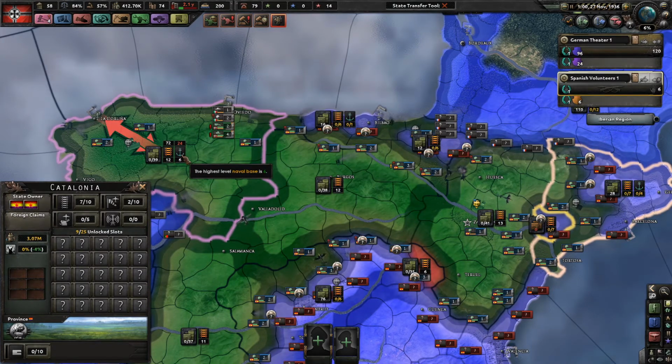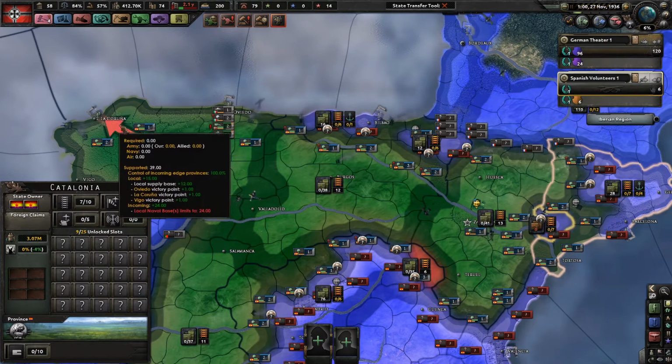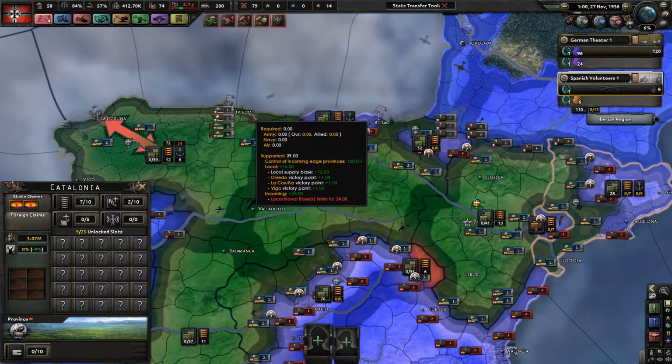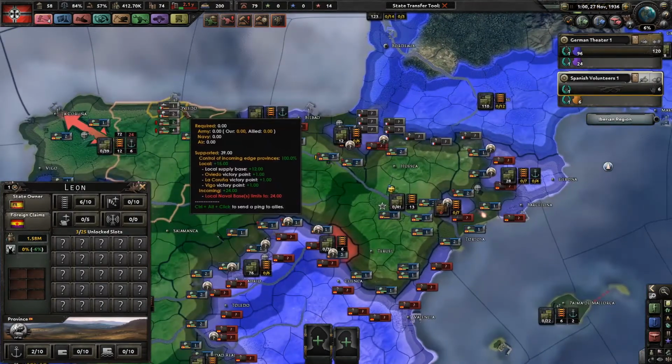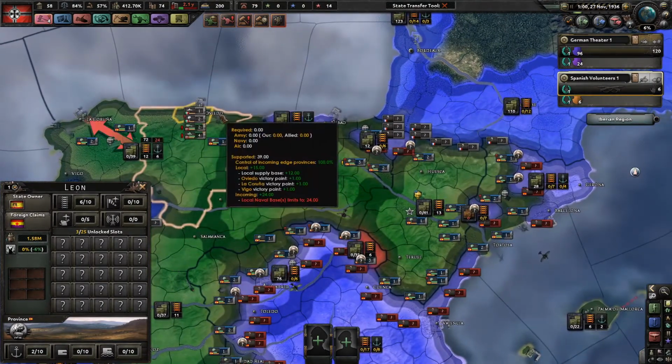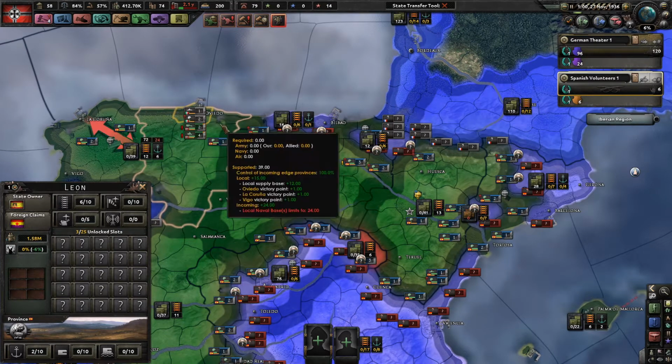Oh, I know why we're getting all of our supply. It's because we are actually using both naval bases. So we're using this level, so this counts as a level 8. So even though the highest naval base is 6, we are receiving 24 points of supply because